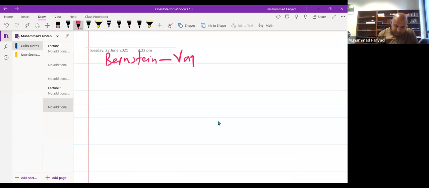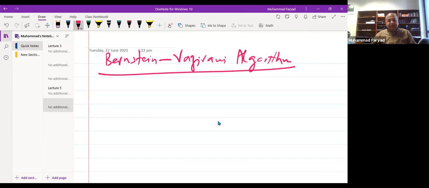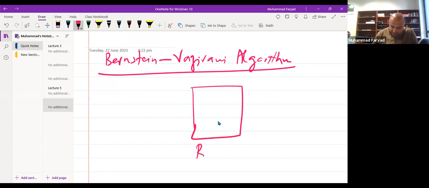So we begin the Bernstein-Vazirani algorithm. And let's first discuss the problem that this algorithm solves. And the problem is this. Suppose you have a black box that implements an f of x such that